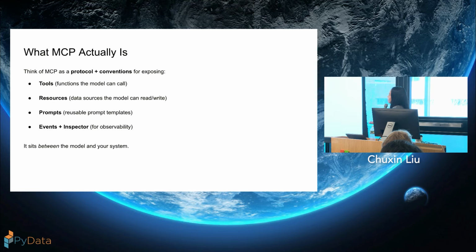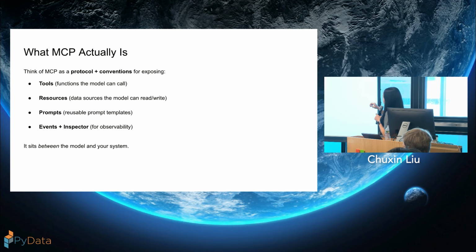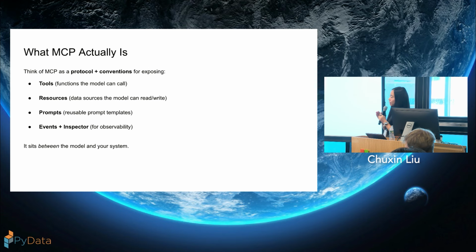If you ask a math question, the LLM should decide it's time to call a math function to do the math for you. That's tools. MCP exposes your tools in a standard way to your LLM. And then there are resources, prompts, events, and inspectors, which we'll cover a little more later. Basically, MCP sits between your model or AI application and all the resources and tools that you have.